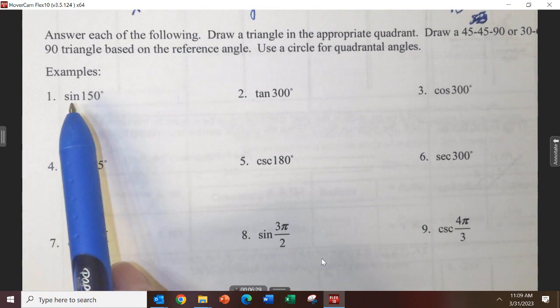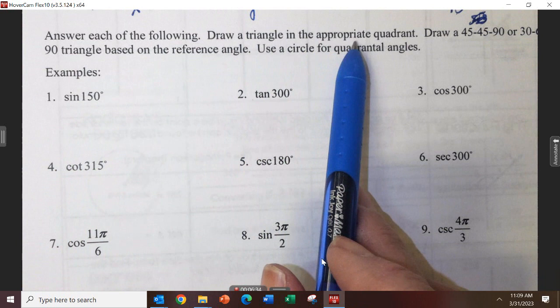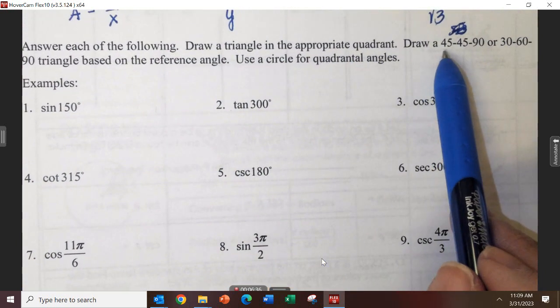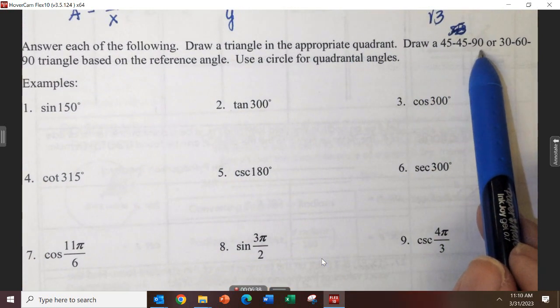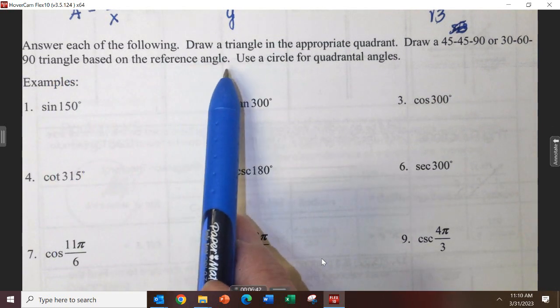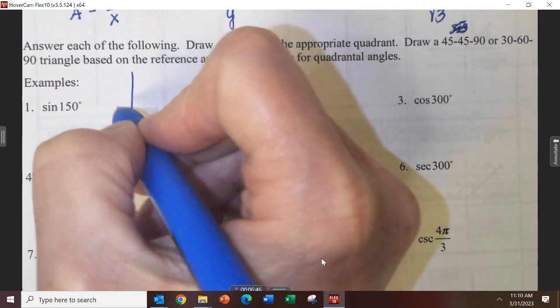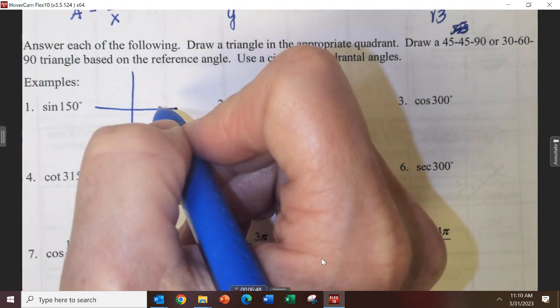We're trying to find the sine of 150 degrees. We're going to draw a triangle in the appropriate quadrant. We're going to draw either a 45, 45, 90 or a 30, 60, 90 triangle based on the reference angle. We're going to use a circle for quadrantals. So if we're doing the sine of 150,